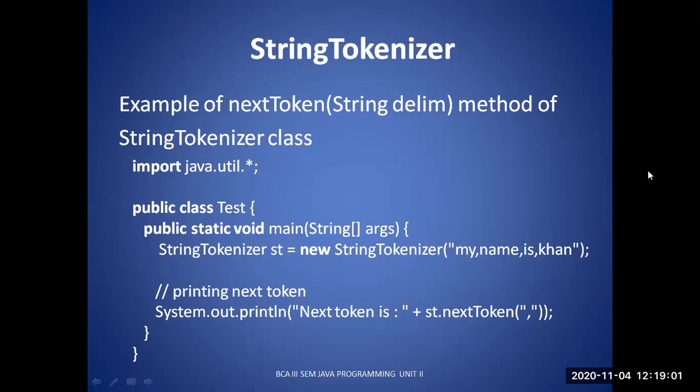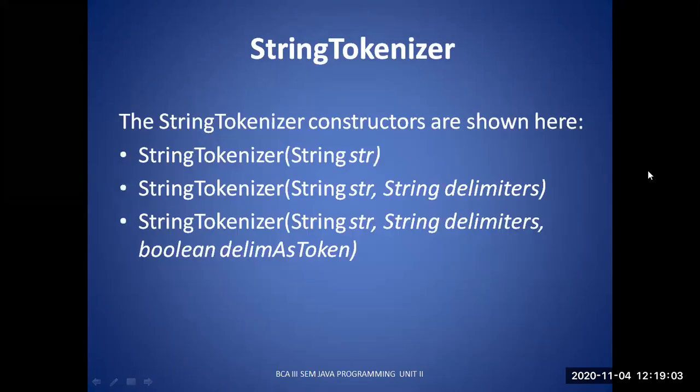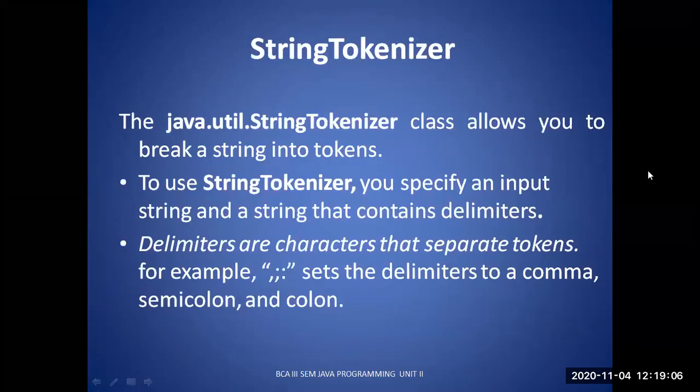So this is all about StringTokenizer. Let me go back and brush up the things. The StringTokenizer class is part of the util package. The purpose of this class is to divide the string into tokens, based on the delimiter characters. The delimiter characters may be comma, semicolon, colon, space, or whatever delimiters have been proposed by Java. They will be used as delimiters here.